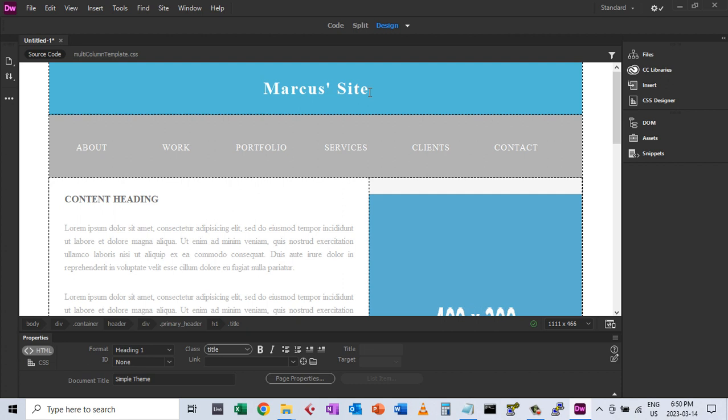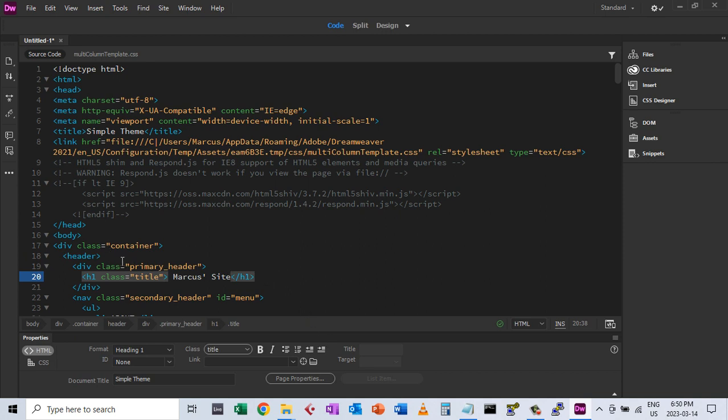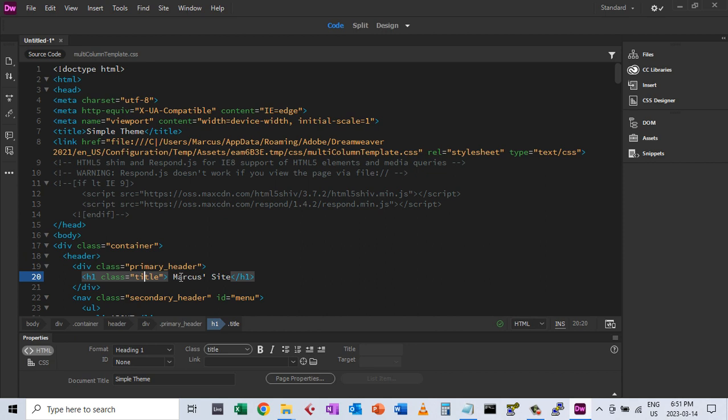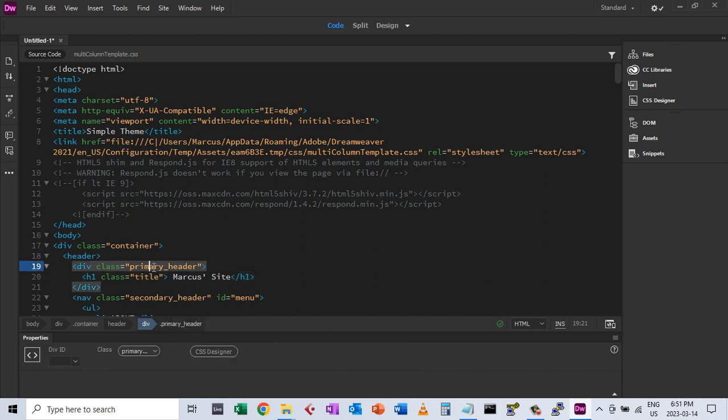So to find the styles that you want to change, if you click inside of the element and then go to your code, you'll see that you have some various elements here. So it's probably the primary header that I want to modify. And we also have something called title. So I can change the font face and color with that title, and I can change the background color with primary header. So if I choose primary header and then I go to my CSS designer,